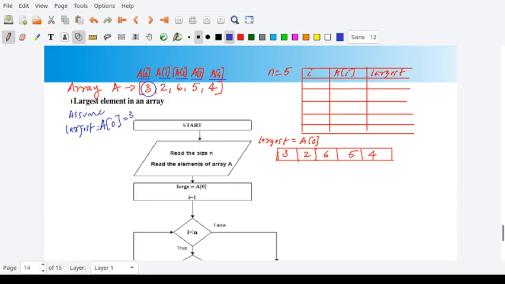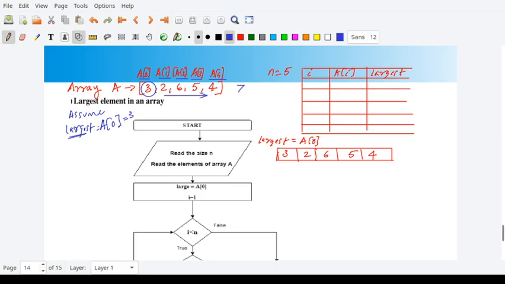In the next step, we will compare this largest with all the other elements in the array using the relational operator greater than. If any other element is larger than this largest number, then you will replace the largest number with that particular number. So we will see how it is done in detail.